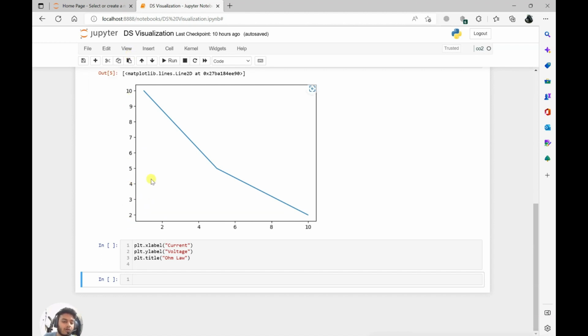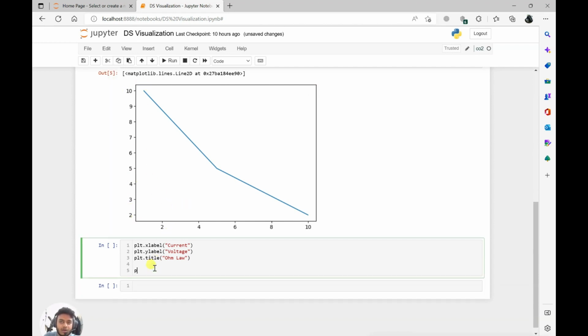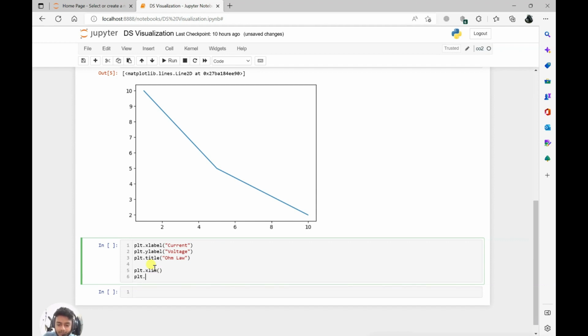Now let's say you want to change it from 5 to 10 because you don't want to see lower values. So that time we use basically xlim and ylim. So how do we do it? plt.xlim, plt.ylim, and then we pass the ranges. Let's say first one 20 to 80 I want to see, and then let's say 100 to 800,